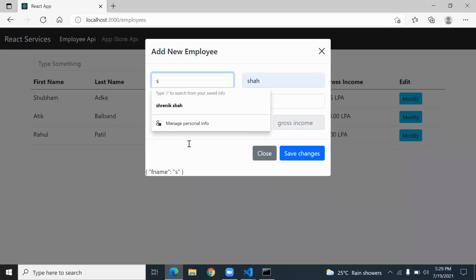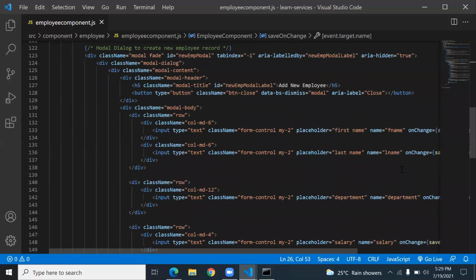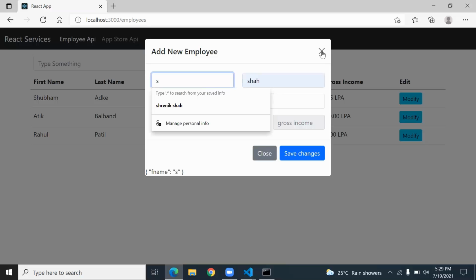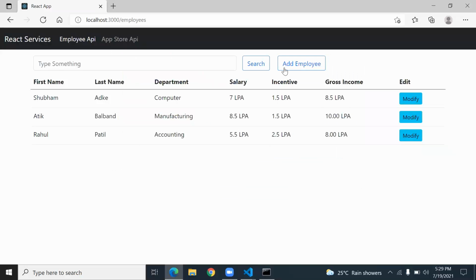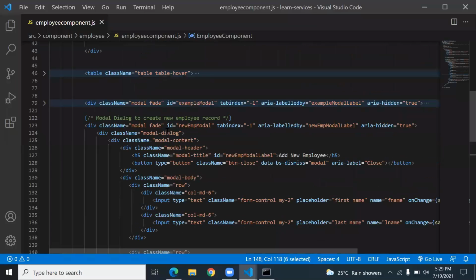Okay, so one problem I face: the set record is creating only a single key value pair. The name property is repeated somewhere. The name property is different. Okay, so here it is.